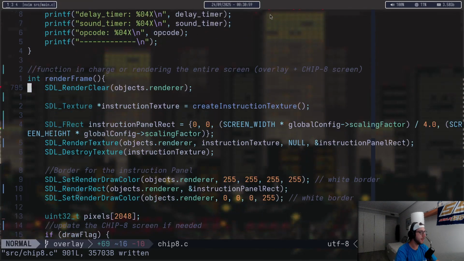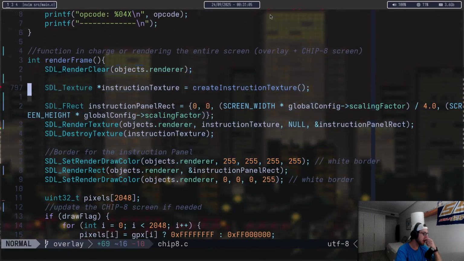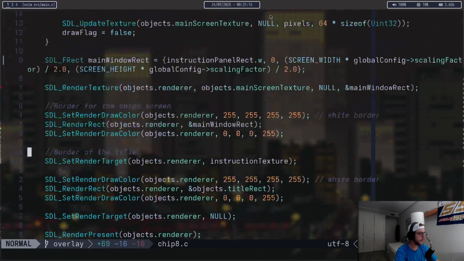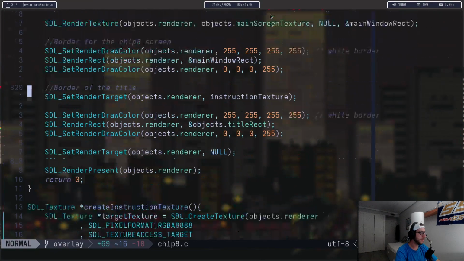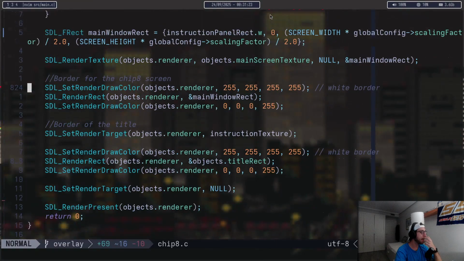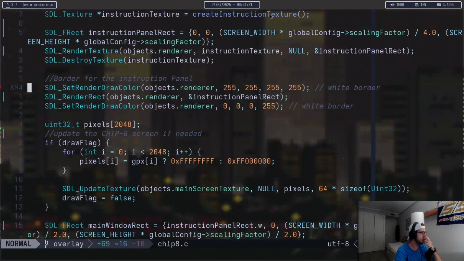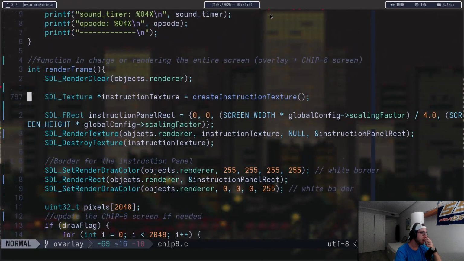Okay, so now we need to know render frame. I should probably abstract all of this away in different functions. Create instruction texture, I'm not too sure about this. Okay, so border of the title, border of the Chip 8 screen. Do I use this instruction texture anywhere else? Instruction texture. Yeah, okay, so I guess this is used as the